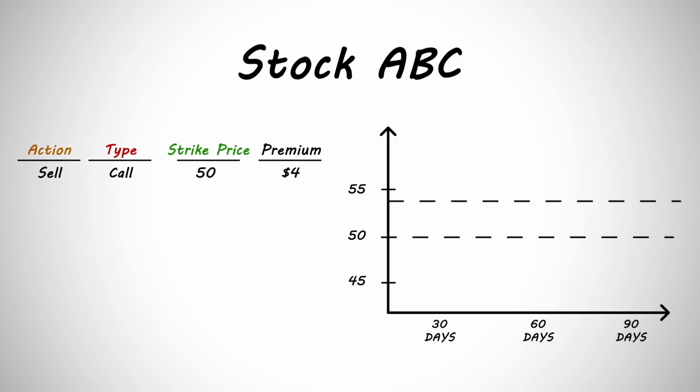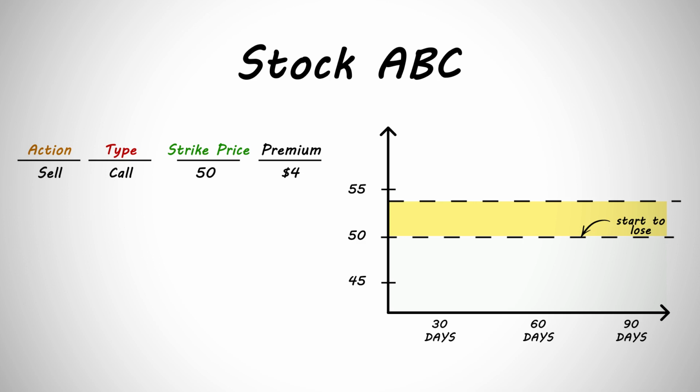With that said, let's take a look at stock ABC, which is trading at $45. If we believe it will not trade any higher over the next several months, we can sell a 50-strike price call 3 months out for a price of $4. The most we can hope to make on this trade is the $4, which is what we sold the call for. If the stock stays under $50, we'll in fact make the $4 we had hoped to. For every dollar it trades over $50, we lose $1.